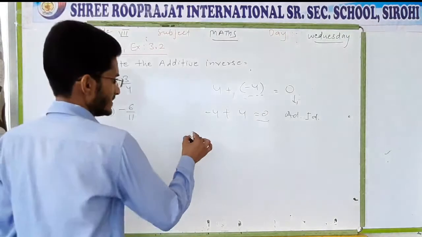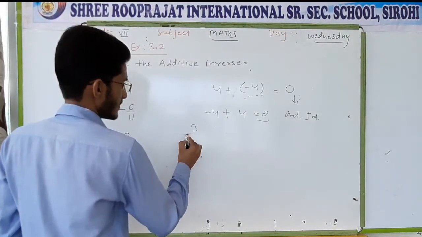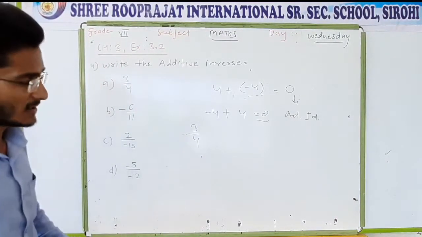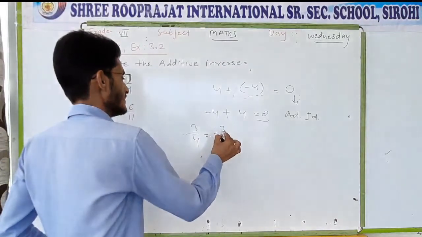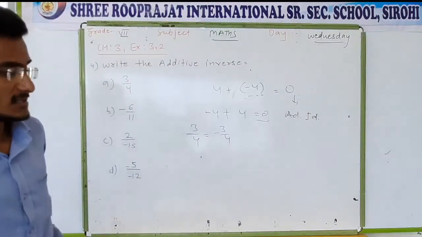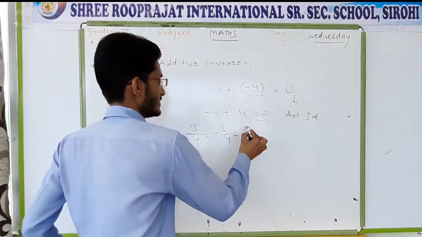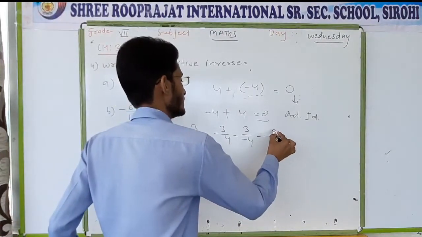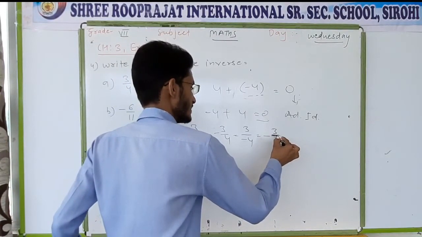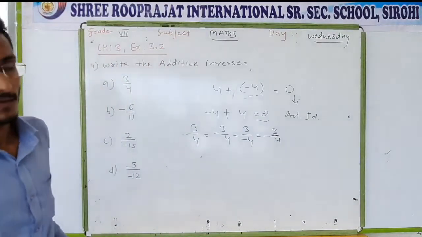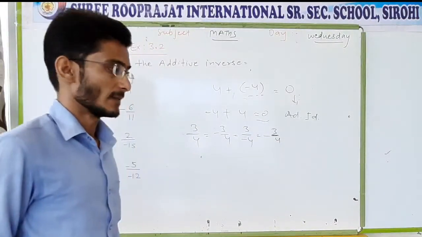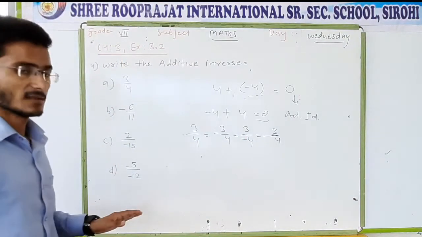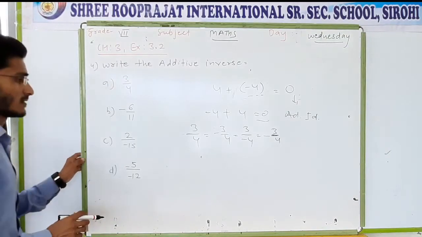If we talk about a rational number, suppose the number is 3 by 4. It is a positive number because no sign of negativity is given. So the additive inverse of this one is minus 3 by 4. Even you can write 3 by minus 4, or you can put the sign of negativity just in the middle of the number or just prior to the line. You can put a sign of negativity anywhere. The value of this number will remain negative.